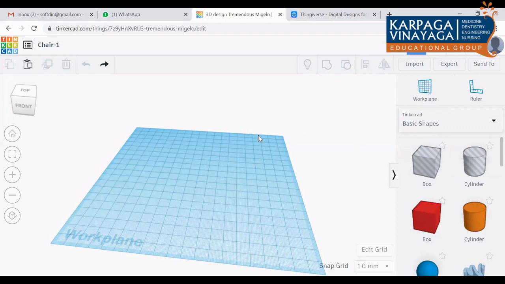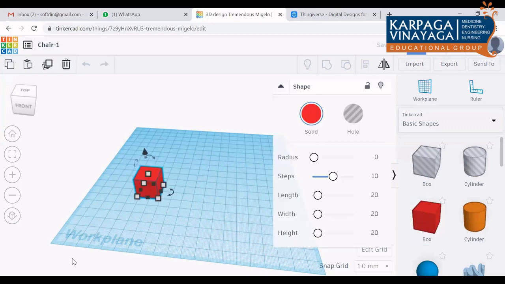Okay, so I will go for the chair here. I am going to design the chair first. First we will design the leg of the chair. First you click this rectangular box here. Kindly use your mouse for designing so that it will be very easy for you. Once you click the rectangular box, you can see there are white rectangles and black rectangles here. If you click any one of the white rectangles, you can get the length and width of the rectangle.